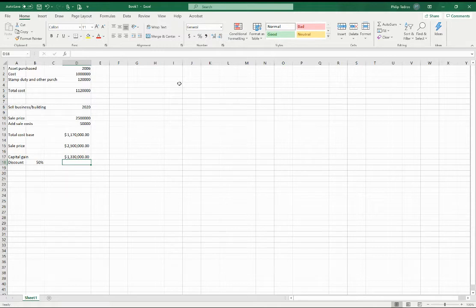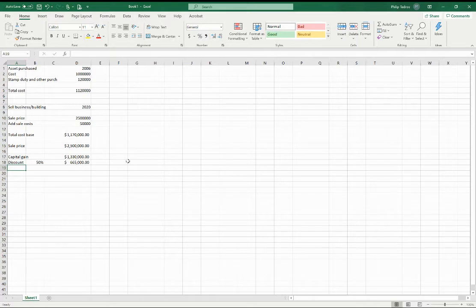50% discount. But please bear in mind that if you are running this business under the name of a company, and that the company owns the building or the premises in which your business operates, then the 50% discount is not available for the company. So take 50% of 1.33 million. So equals this times 50%. You're left with a gain of